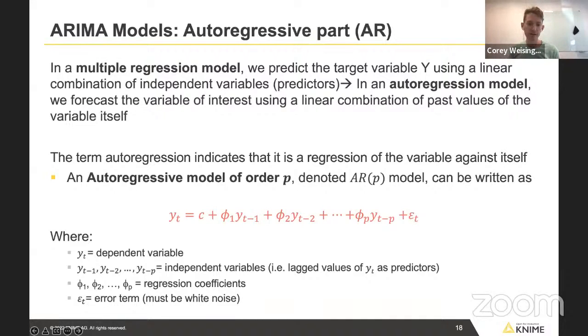So that's an autoregressive model, and that's just the AR part. You'll notice down here that we have a variable. So this is P, and it's called the autoregressive order. So this is the number of terms that we include in this autoregressive